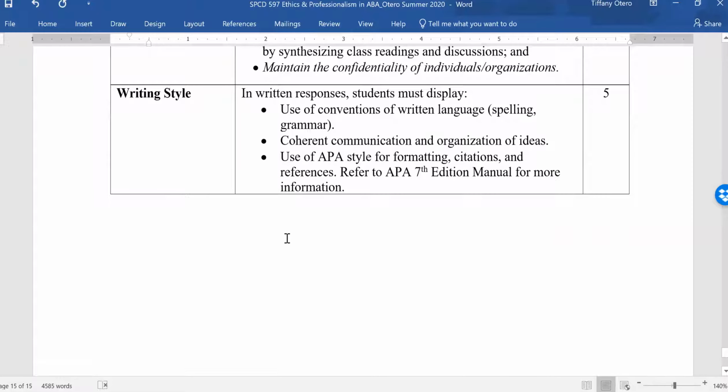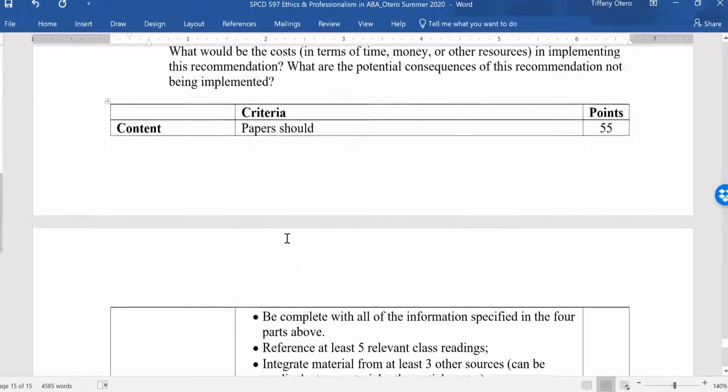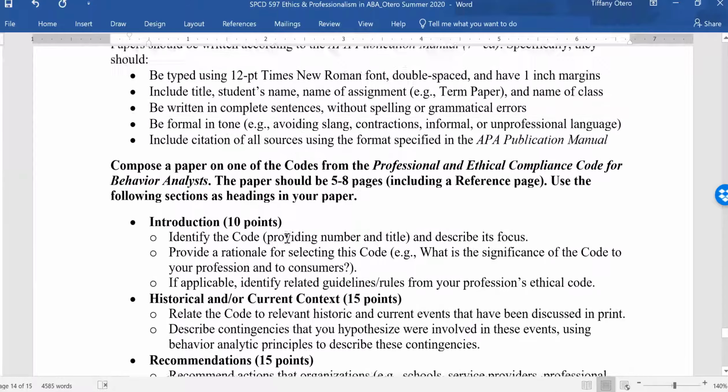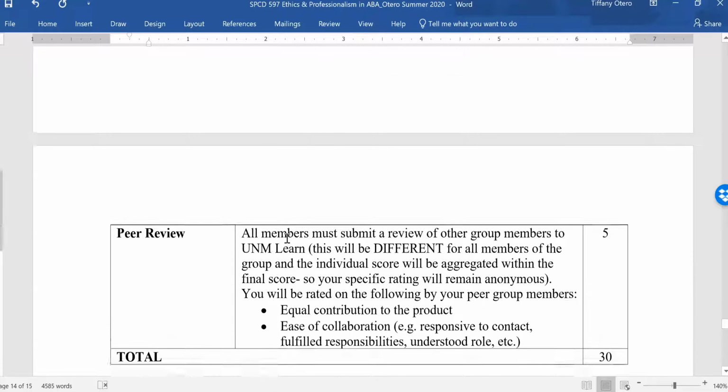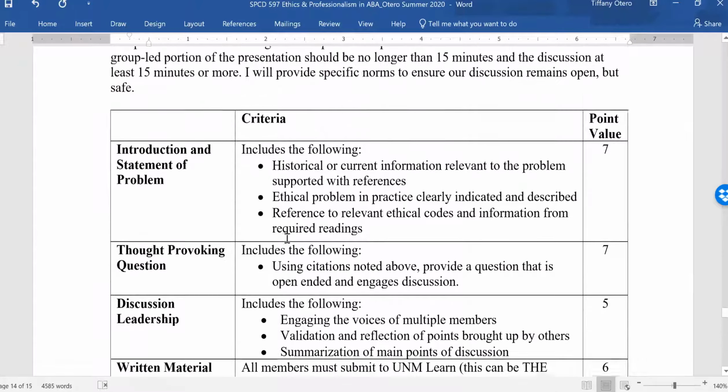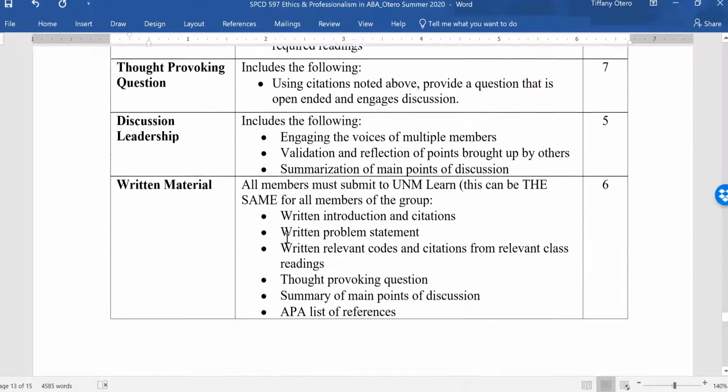As always, if you have any additional questions, let me know. This is going to be due the 4th week of class, so in 2 weeks. And so, like I said,